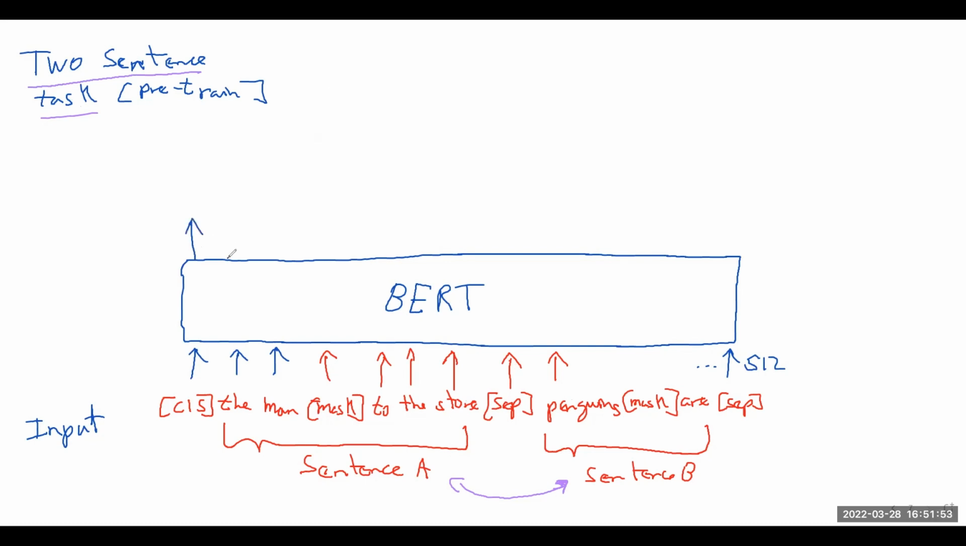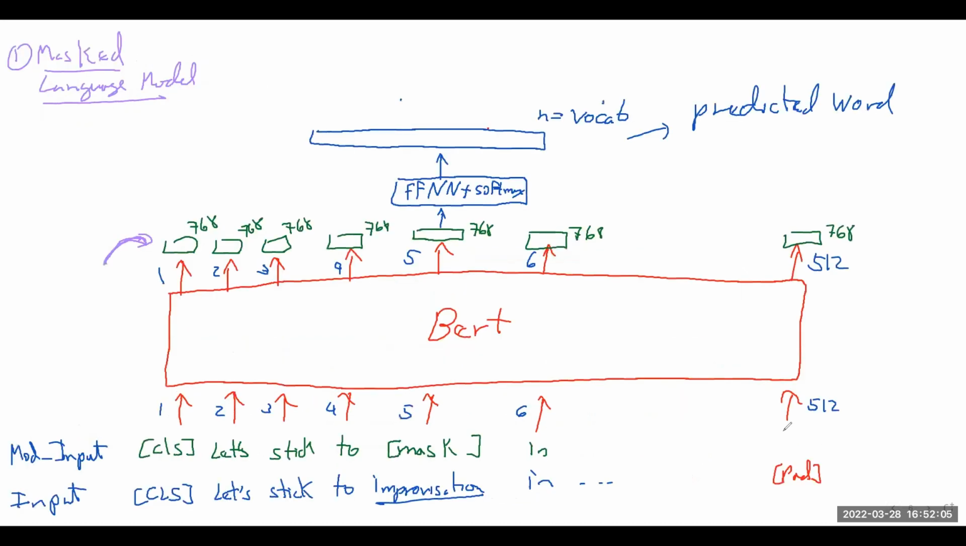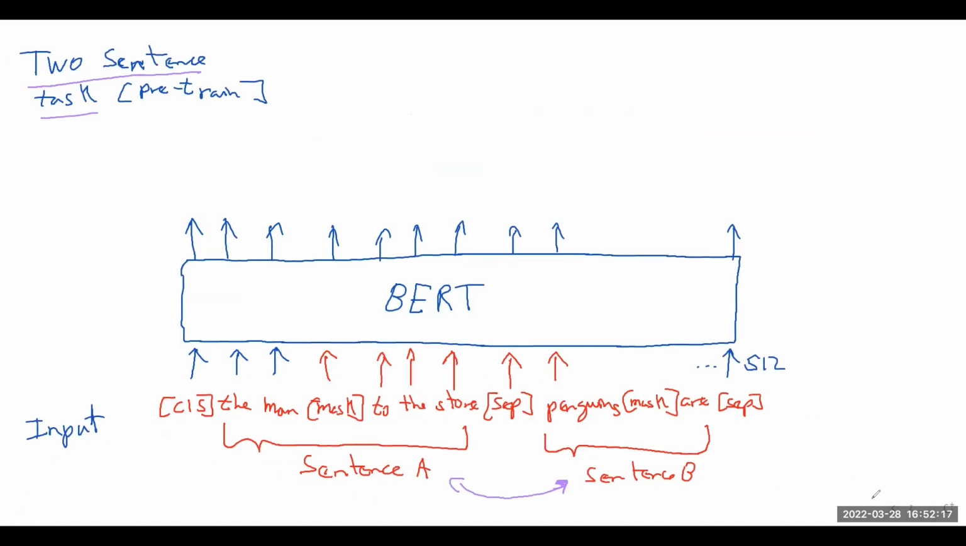And we're going to say here, right? So in this task, the objective is not just to predict the mask like it was in the previous one. In the previous one, for the given mask, we know that it's improvisation. We want to predict improvisation, right? That was task 1, the masked language model for pre-training BERT. Now we're dealing with the